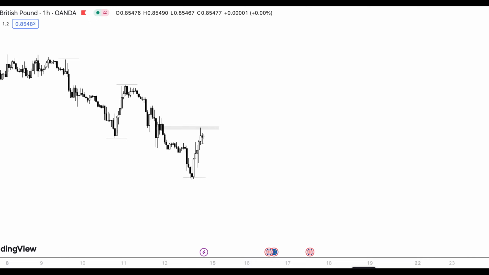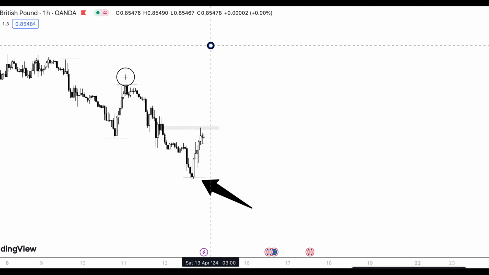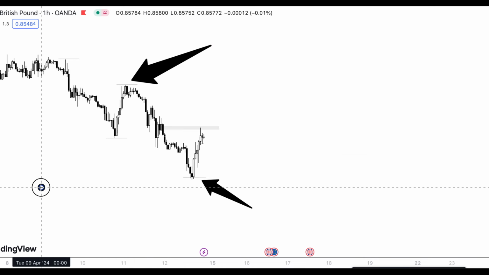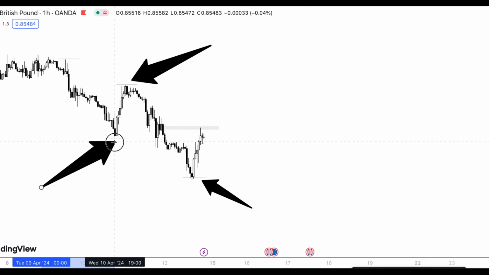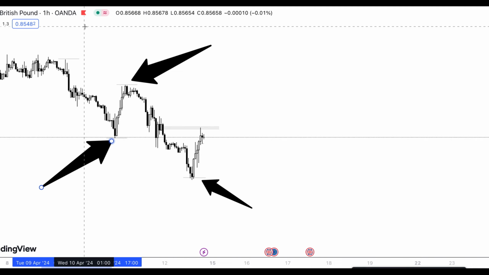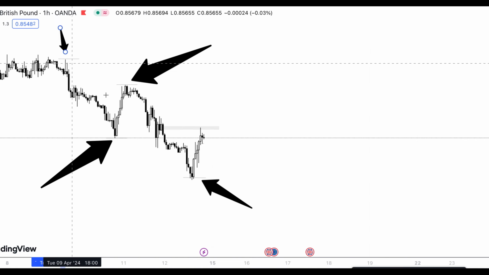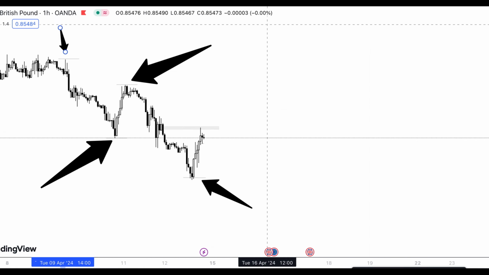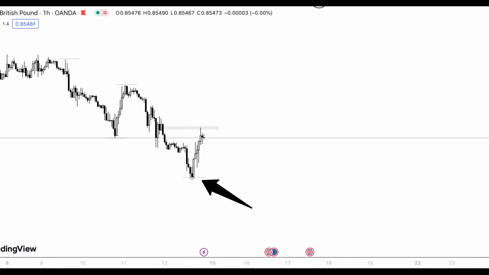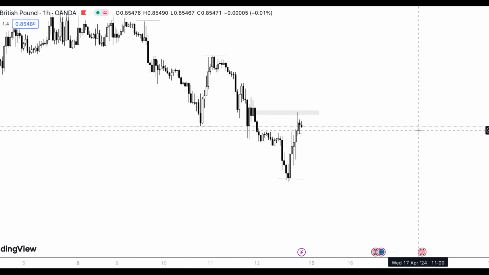What I mean by that is our current low is this. Our current high is here. Our previous higher low is here. And our previous higher high is here. So we have in total 4 pieces of structure confirming the trend. Okay? So if we go down here and we look up here, now that we know we're looking to sell,